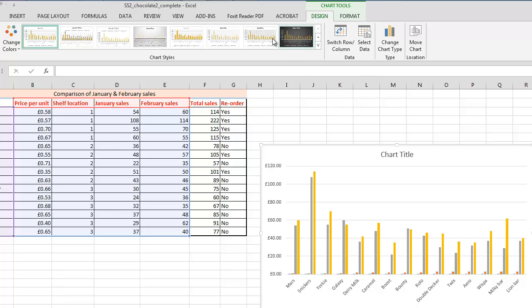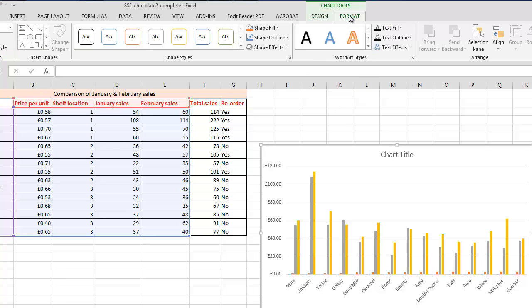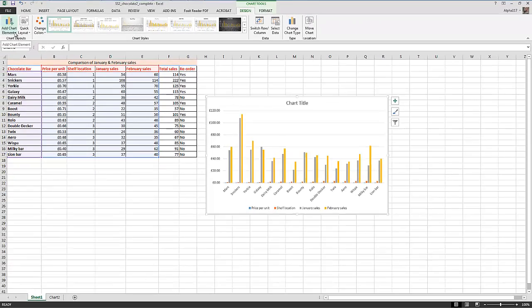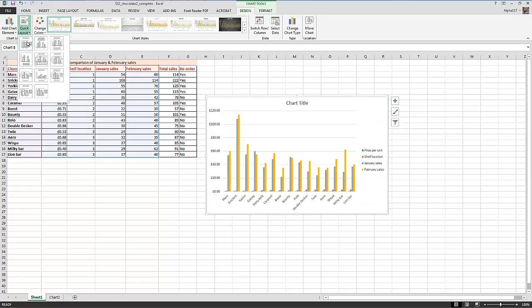So the first thing we see across that is a Design tab and a Format tab. Let's have a look at the Design tab first. We can add chart elements over here. We'll talk about that a bit later on. We can add axes, titles, grid lines, legends from over here. We can select a quick layout,